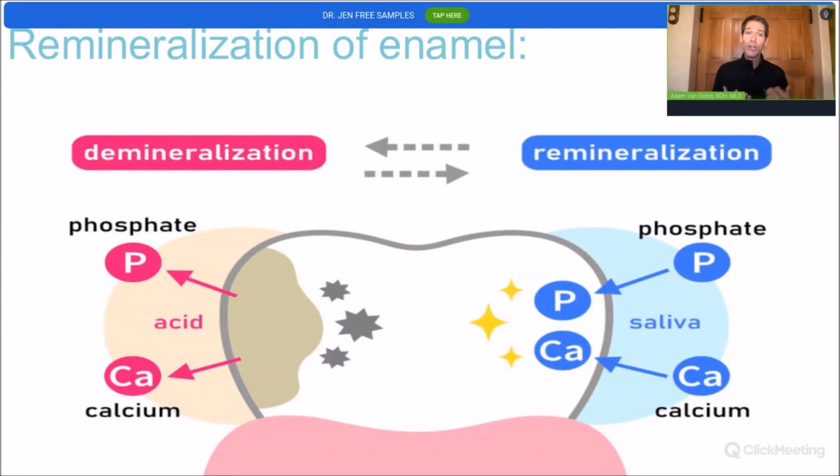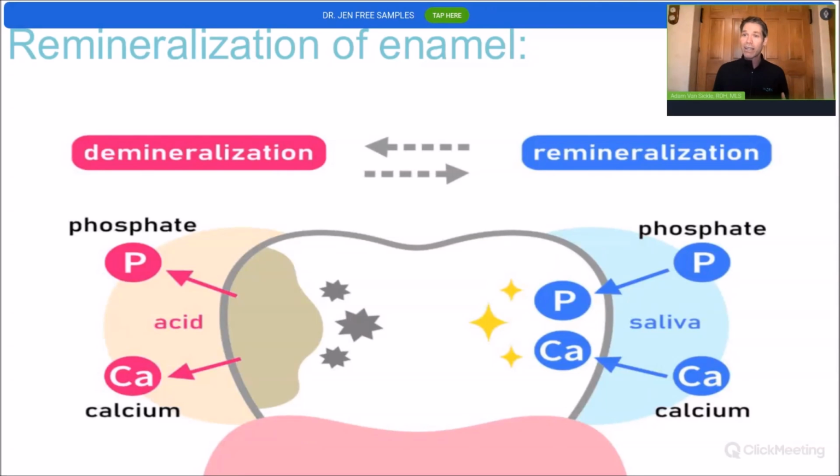The minerals that we lose in that demineralization process are calcium and phosphate. That happens almost every time we eat. Basically, our teeth get an acid attack. Fortunately, though, the body has created an ingenious system to combat that demineralization, and that is saliva. So for those people that have adequate saliva flows, they're going to get not only bicarbonate and chloride that raise the pH and bring it back up to neutral, but they also have calcium and phosphate that remineralize the tooth